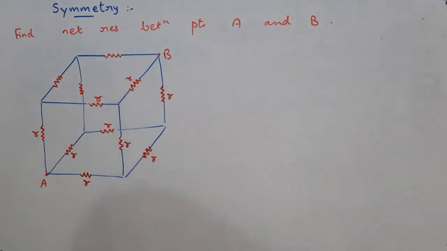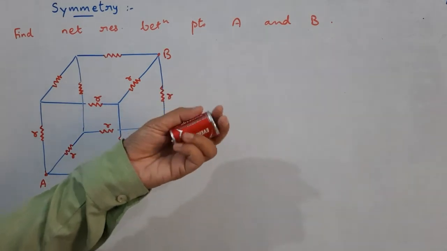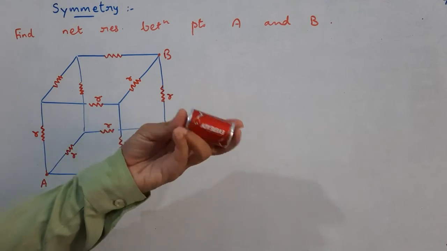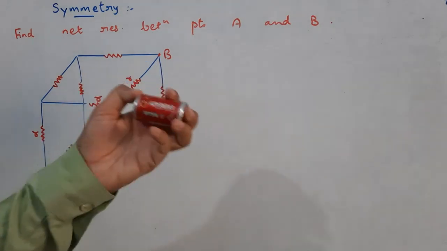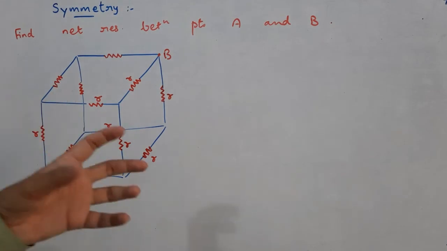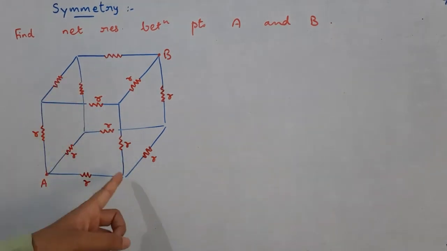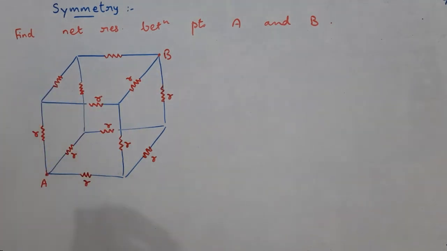For example, this is a cell, this is cylindrical. If I turn it like so and if it is of uniform color, then you will not be able to identify whether I am turning it or I am just showing you the same figure again and again. That is the meaning of symmetry. In this question, this is a cube. A cube, if I turn it this way, if you see from this side, from all the edges, the surrounding appears to be exactly identical. Such questions we can solve to some extent by using the concept of symmetry.